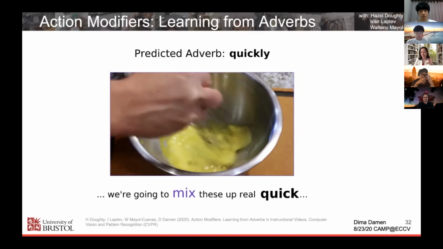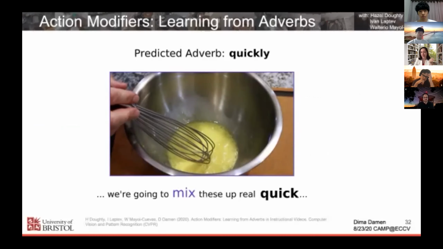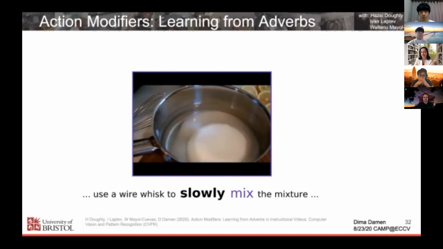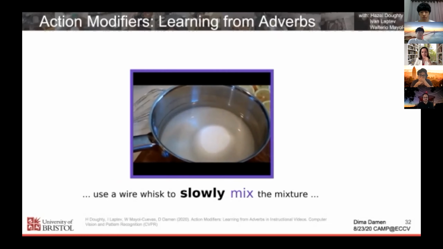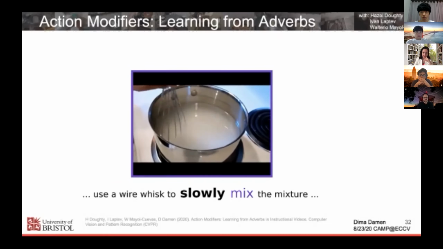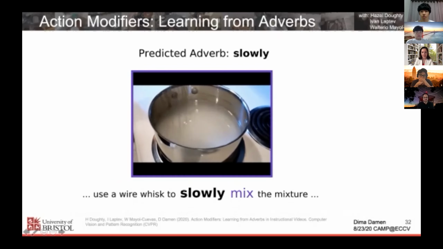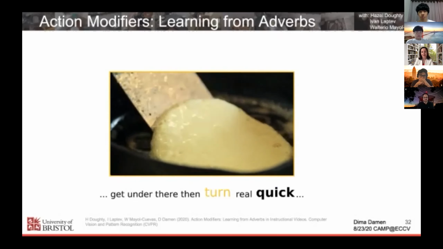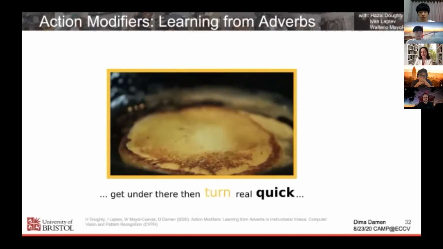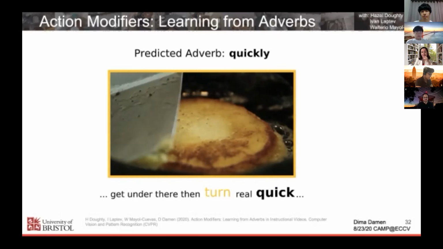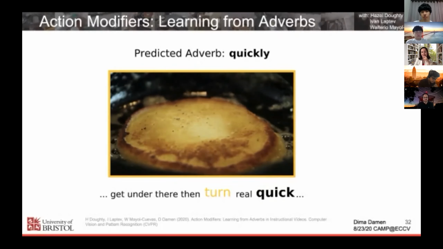So remember, it knows here what the verb is. It's trying to actually focus on learning the adverb. And it assumes that the adverb applies to a variety of seen as well as unseen actions. So this is again another mixing action, and again seeing the video, and it's observing the bit in the video that's relevant and then predicting the adverb. And I'll show you a few examples. I like the turning action, yeah, so that's the person turning, and again it's looking at the video trying to find when the turning happens, and then when it happens, that's when it's predicting the adverb. We're currently learning it for 6 adverbs, so it's not huge, but this is the first work to look at learning from adverbs to learn how actions take place.